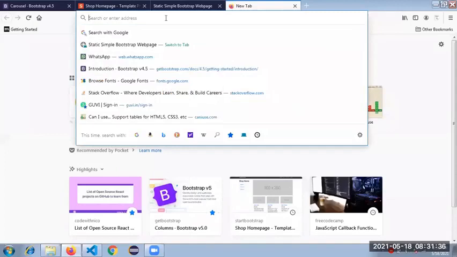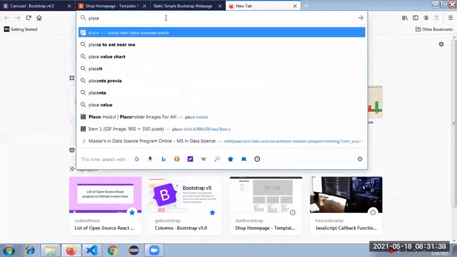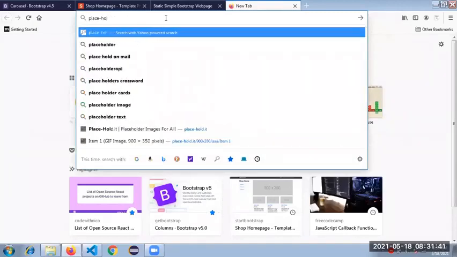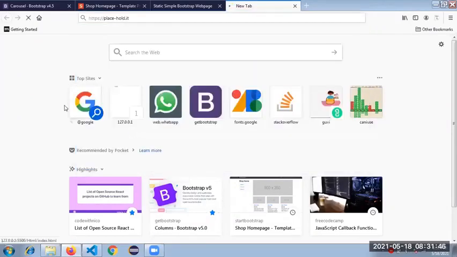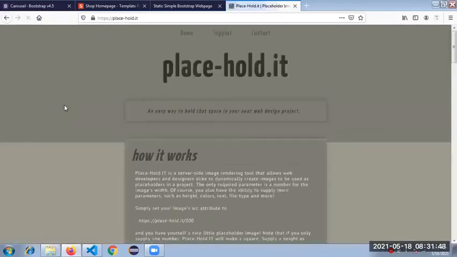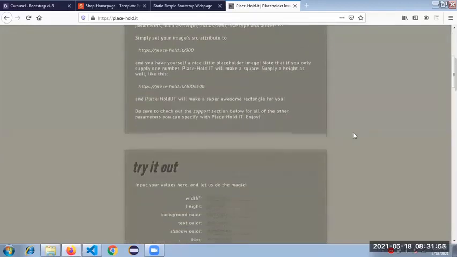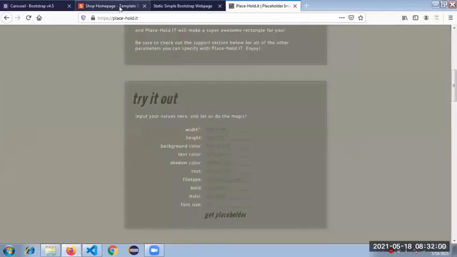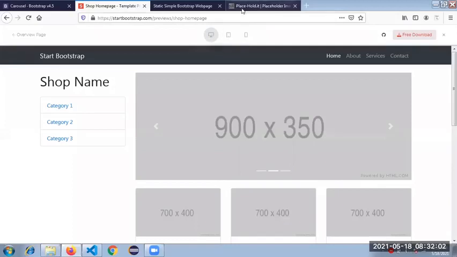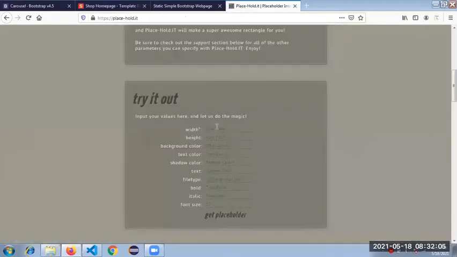For that we have placehold.it, like this one. We need something like 900 cross 350, so let me put 900 as the width and 350.